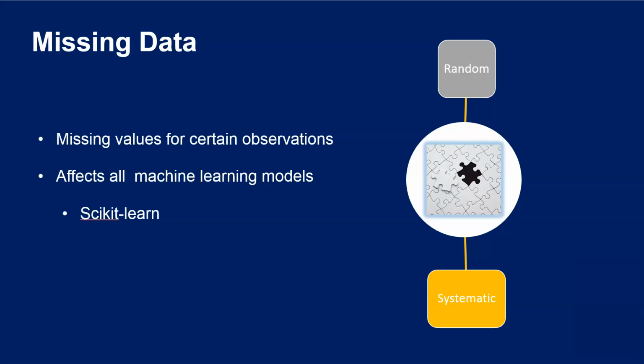A value can be lost or not stored properly, for example, during data storage. Or the value does not exist, for example, if the variable comes from the division of two other variables and the second variable takes the value 0. The division by 0 does not exist. Or if the data was obtained from a survey, say, and the person refuses to answer a question, that could also be a missing value. So we need to be prepared to fill in those missing values with some sort of number to use in